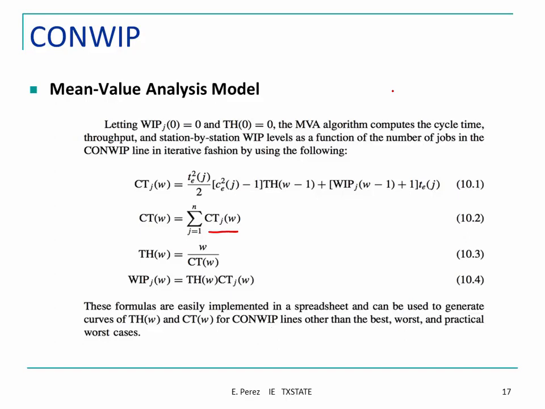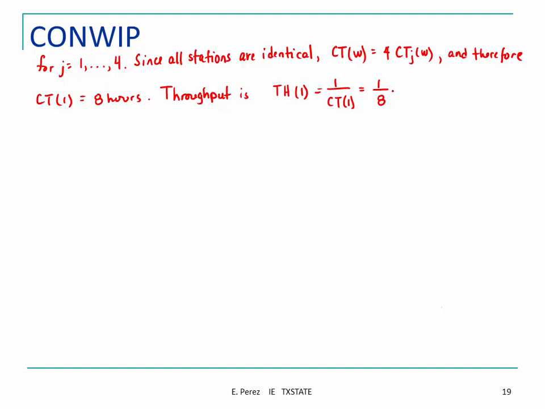Okay, so we got the CTW, J. With that, we can compute the CT, or the cycle time for the whole manufacturing line. We compute the throughput, and now we want to compute the WIP for each one of the stations. So the average WIP at each station is going to be